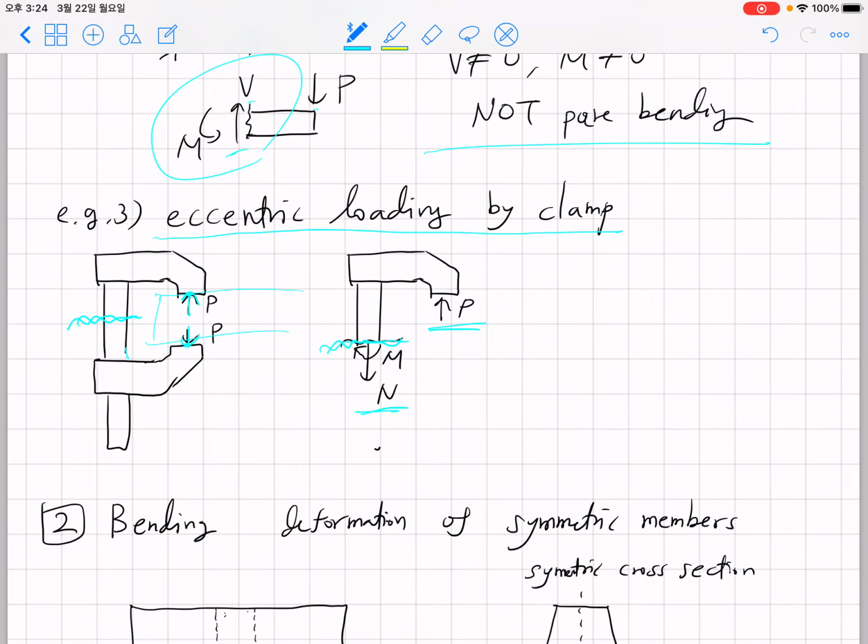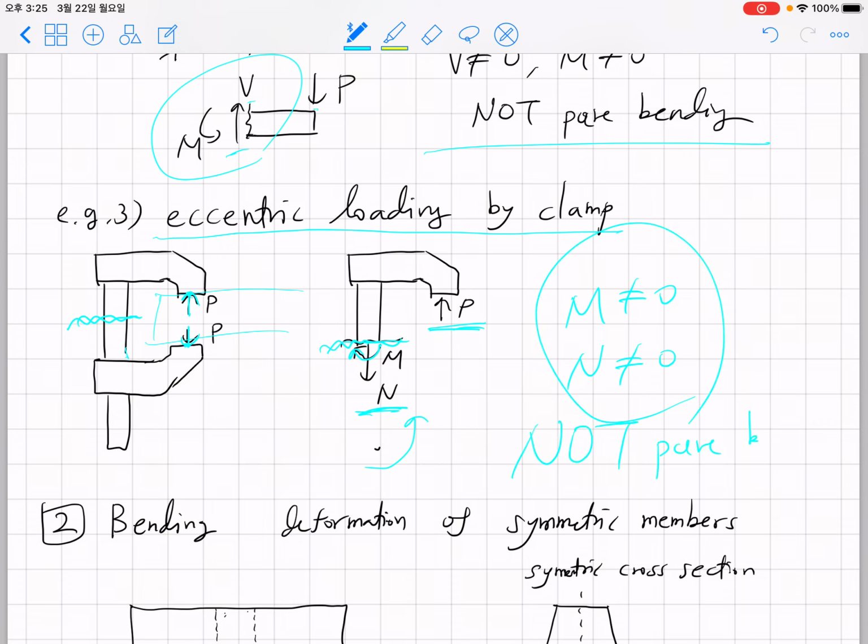Even though you have N and P here, you see that force equilibrium is satisfied and the torque equilibrium is not satisfied, and this torque is acting to make a counterclockwise rotation for this object. So to cancel out that torque, you need a clockwise moment to balance it out. So you have non-zero M, you have non-zero N, so that you can say that this is not a pure bending